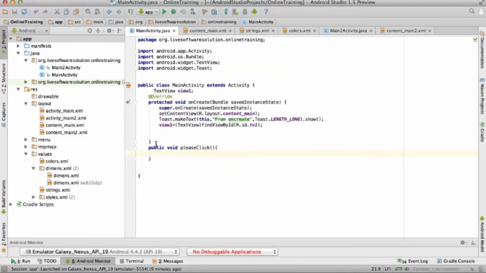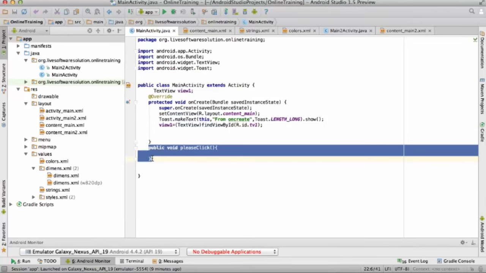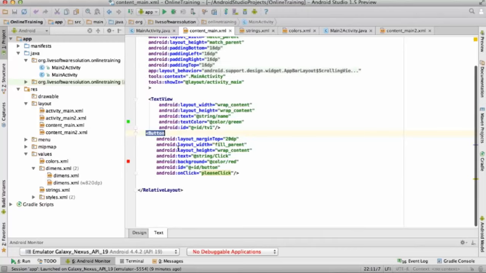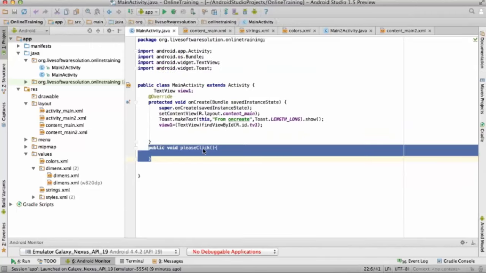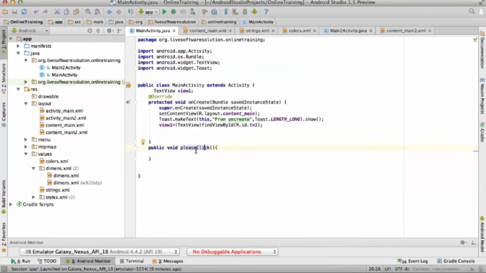Yeah, it's clear, definitely it's clear, because this is an object-oriented kind of situation. So right now, you find the text view with the help of its ID. Text view has its ID, and you can find that particular text view with the help of the ID.